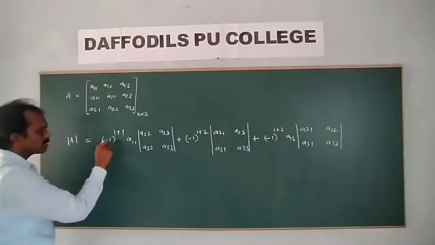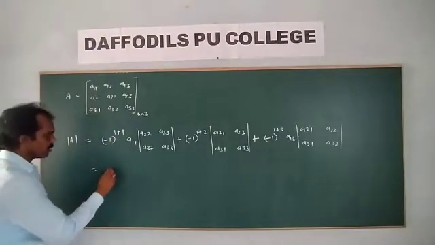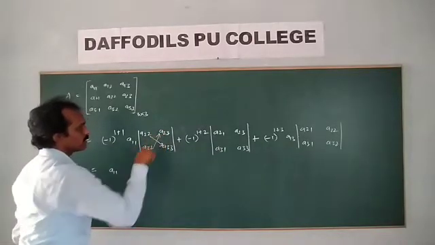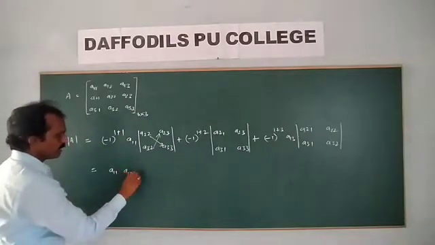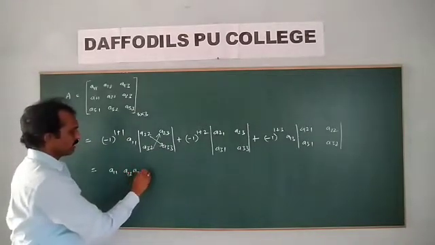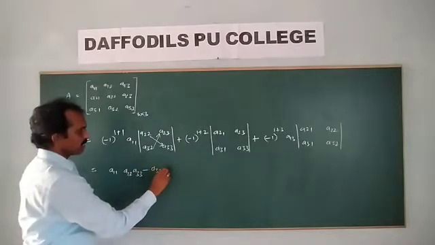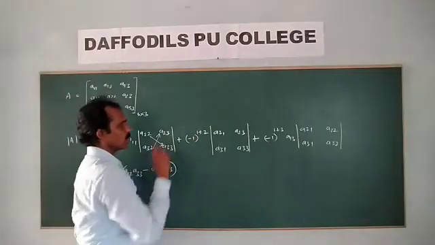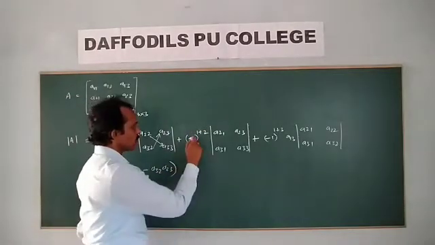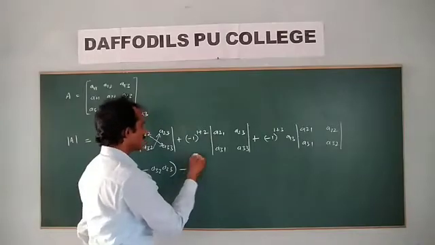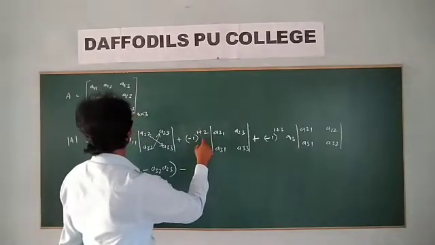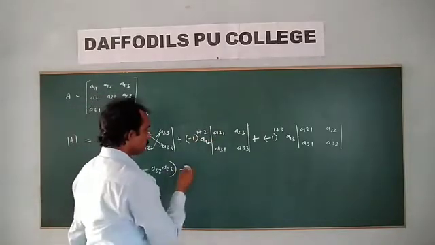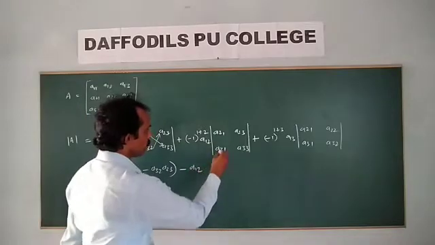Even number means minus 1 to the power of even number is plus. That implies A11, so like this: determinant A22, A33 minus A32 of A23. Minus 1 to the power of 1 plus 2 is an odd number, so minus. Minus 1 to the power of 1 plus 2 means minus A12 of